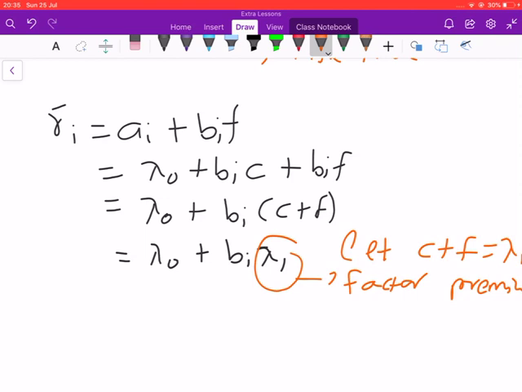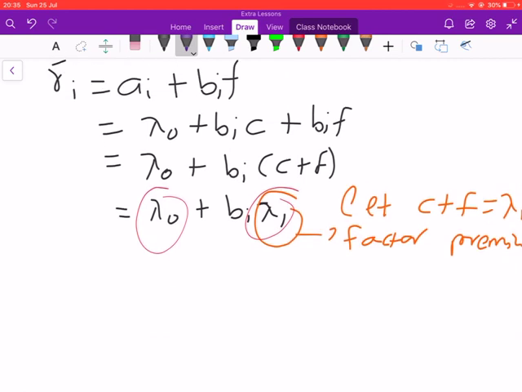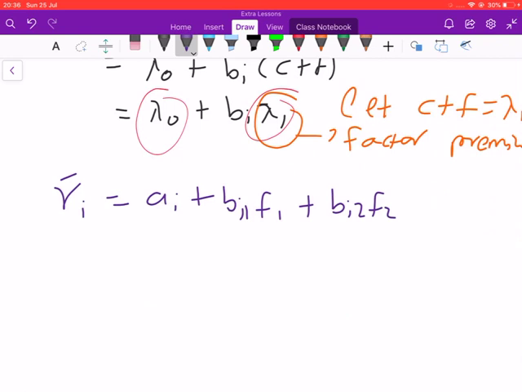So when they ask you to find the equilibrium points, these are the points that they are asking you for. And the same theory applies even when you are looking at multiple factors, right? So when you have multiple factors, let's say the returns of I are AI plus BI1 F1 plus BI2 F2, right? Even if you have something like this, the arbitrage pricing theory